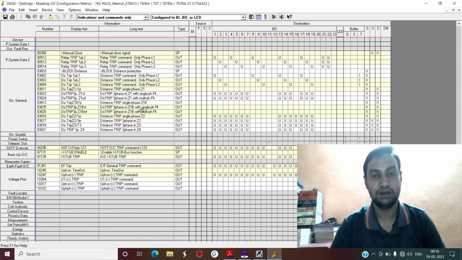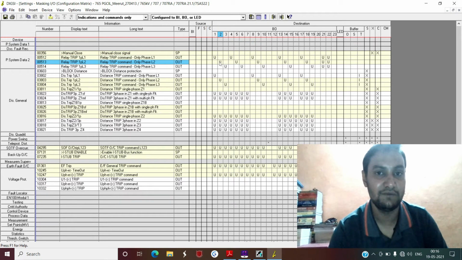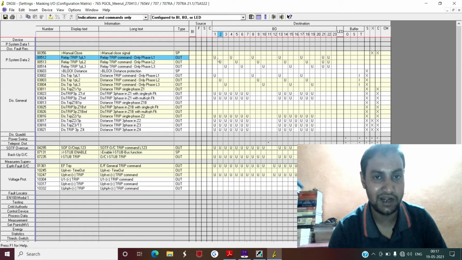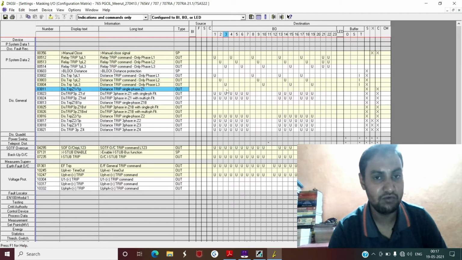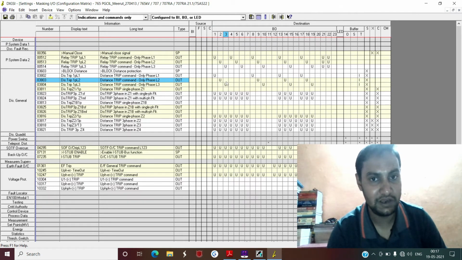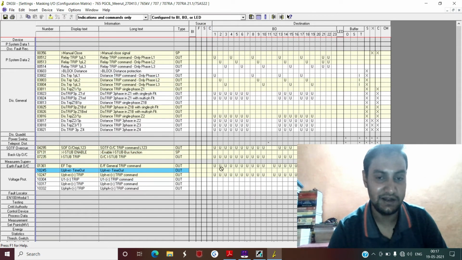So since due to some mistake your under voltage function is kept on, and due to some system conditions under voltage is now active, it issues a trip command, and you have configured these two as relay trip command phase L1, L2, L3, so your relay will issue a trip command and the breaker will be tripped. So generally it is not advisable to configure relay trip command L1, L2, L3. It is better to configure with the specific function like the distance function, the zones, SOTF, stub, and earth fault.